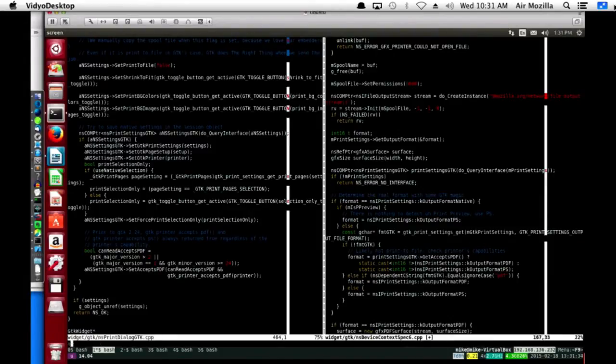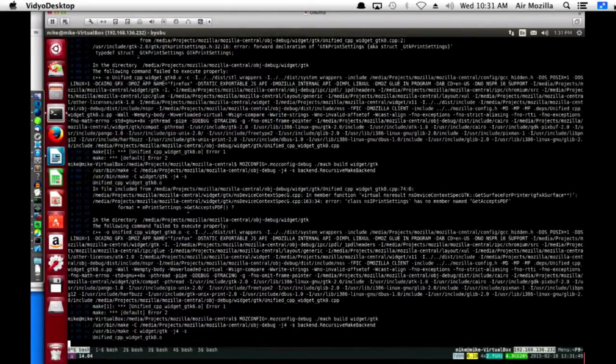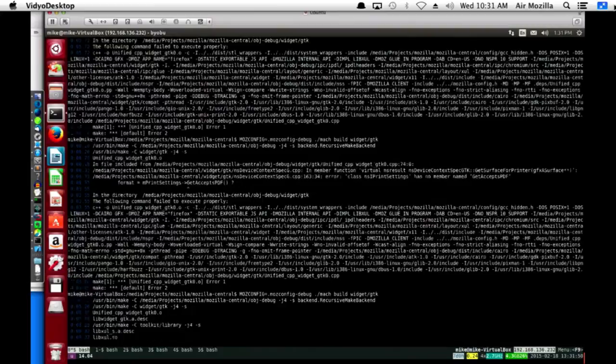Too many things named print settings GTK or GTK print settings or blah blah blah. Should probably do some better naming. That's something I'm not really worrying about just yet. That's easy stuff that we can deal with in review. I don't want to get tripped up by that stuff. I just want to get it working. Get it working, then we can worry about all the polish and the naming and all that sort of surface stuff. The real trick is not getting bogged down. At least this is my trick.